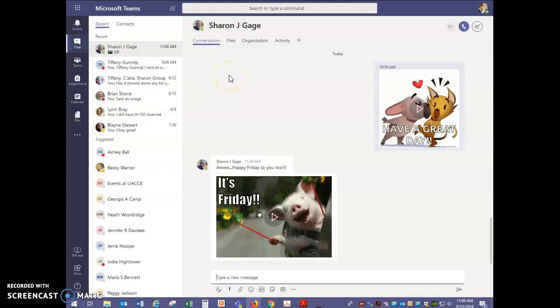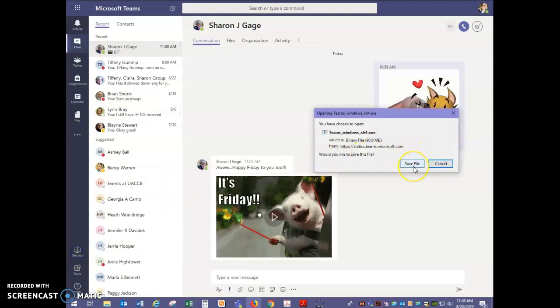But I really like the option of having the desktop app, so it starts up every morning when I turn on my computer. So you go down here to the left hand corner at the bottom and you click Get App, and you'll save the file, and sometimes you'll have to go to your download page if it doesn't pop up immediately. Once that's done, it'll look something like this on your